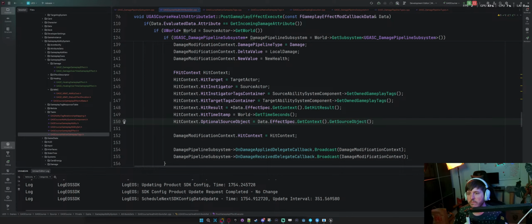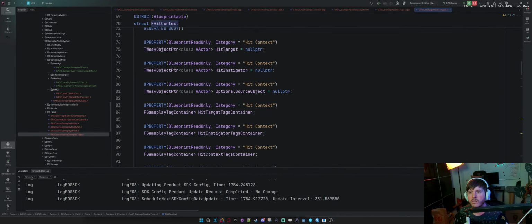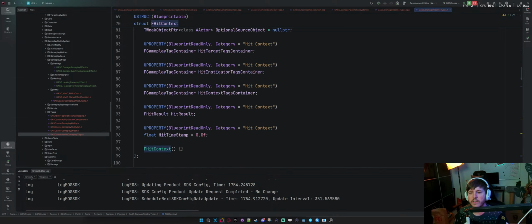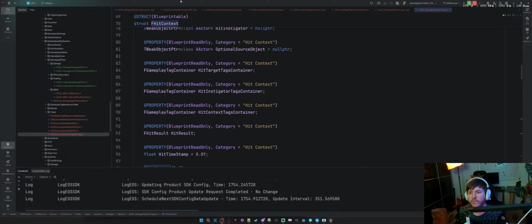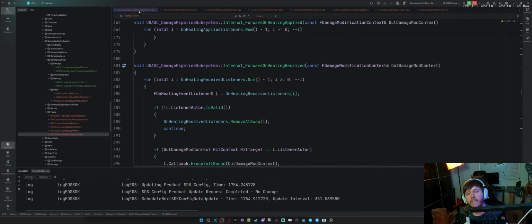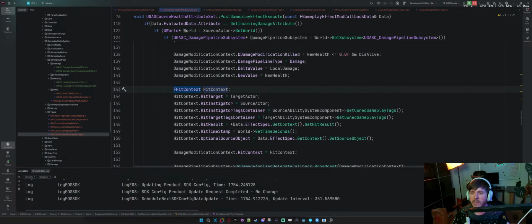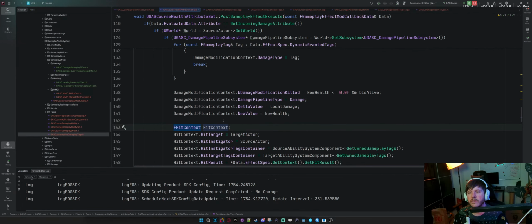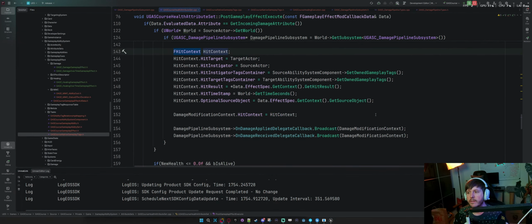So let me look at the definition here, because that's seven parameters. This has eight parameters. So there's really just the context tags that's missing. And I'm not entirely sure.